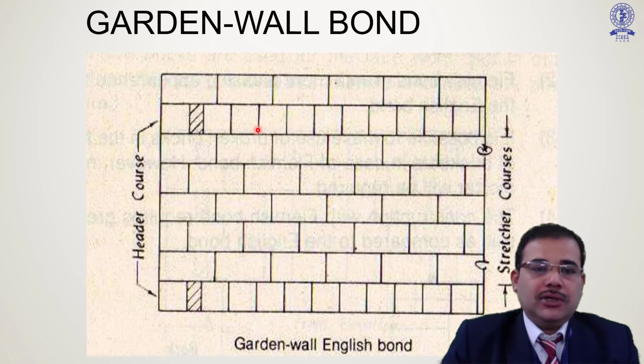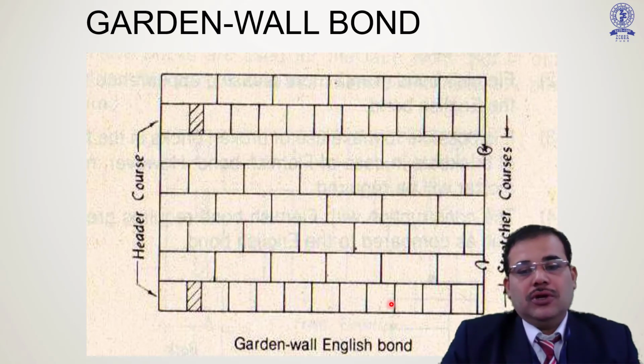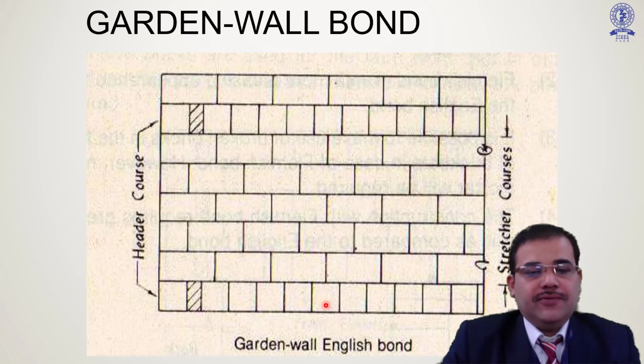So in this one you may find over here the one brick bat or queen closer just to maintain the staggeredness of joint. So you may observe here the staggered joint manner, so that when the load comes over here, it will be entirely distributed through this one. To the bottom there will be the header, as it is the stronger one. As the joints are more, definitely the mortar component will be more, and definitely this will be the stronger one to the bottom part.